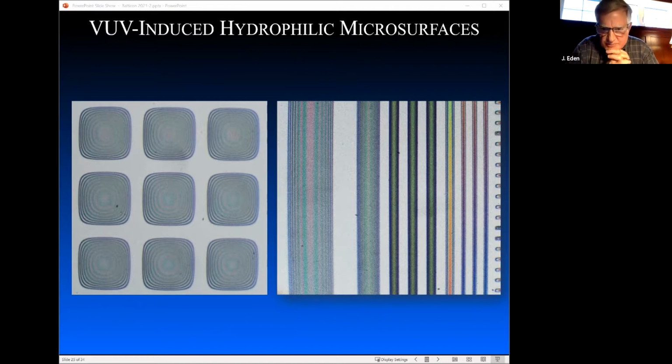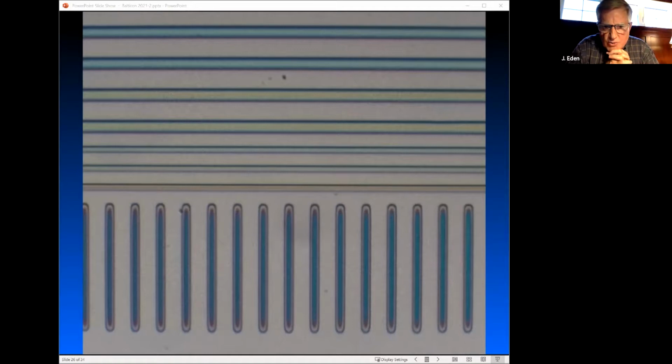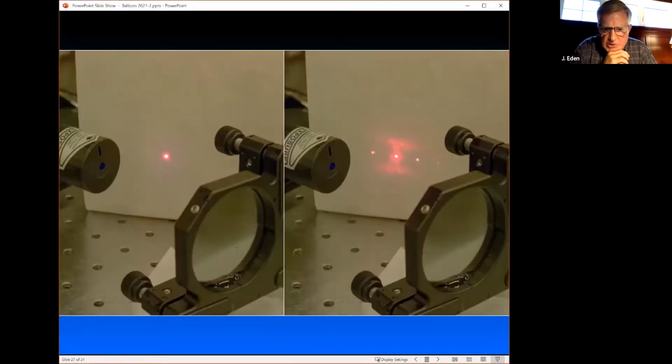We can have some fun with this. So here are some more lines. And in the lower portion, there's a number of lines that are equally spaced, same width. Next slide, please. Okay, so what we can do is make a grating, just like you've seen before. And notice in the right-hand photo that with a red laser, we're hitting this series of lines that you saw at the bottom of the last slide. And it forms a diffraction grating, but it's made of water. Next slide. Let's do something a little bit more interesting.